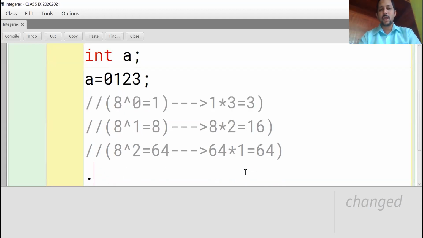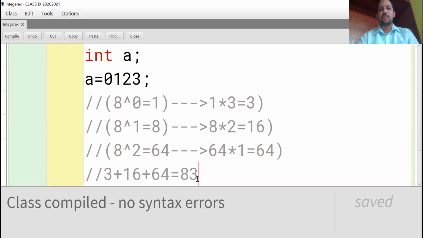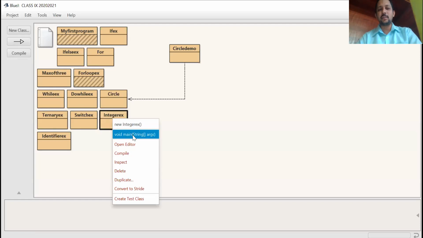Now last we have to add 3 plus 16 plus 64. Total how much? 64 plus 16, 80, 83 is your output. If you execute this one, your output is 83. This is octal form.